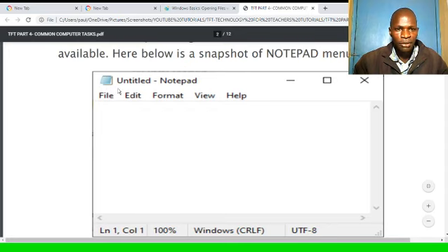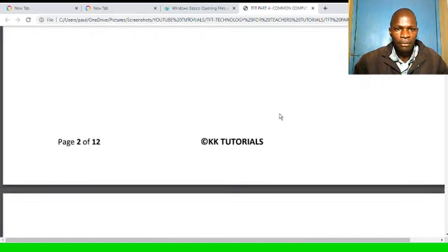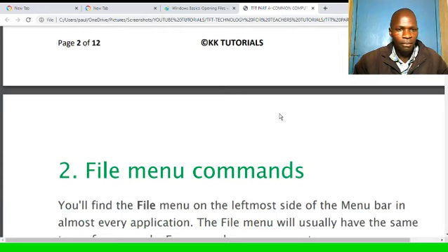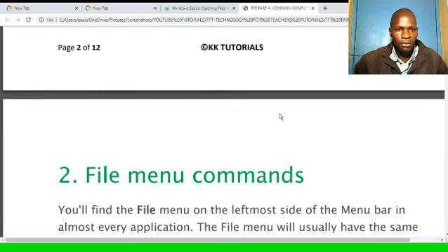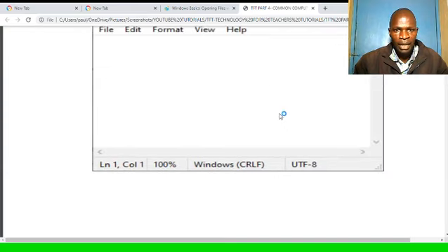Some of the menus within this bar are file, edit, format, view, help, among others. So we'll go into my computer to see the menu bar, and I will open the notepad that I've taken a snapshot of.